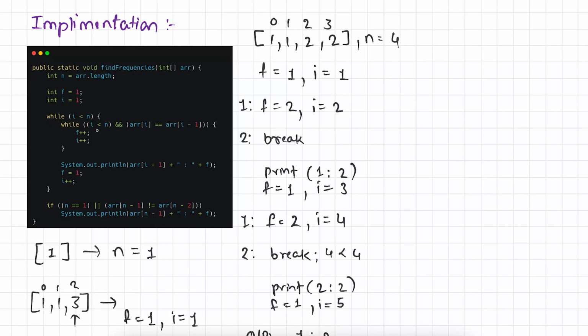And in both the loops, we are checking if i is less than n. In the inner loop, we are checking one more condition that arr of i is equal to arr of i minus 1. It means if the number is equal to the previous number, then simply increment the frequency by 1 and i by 1. Okay. If this condition fails,